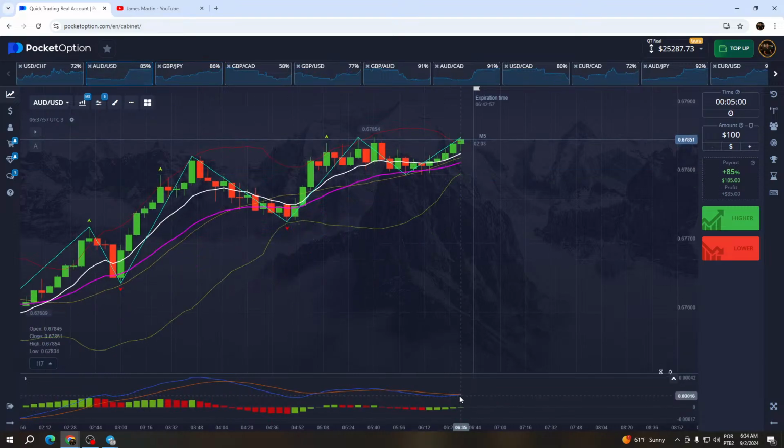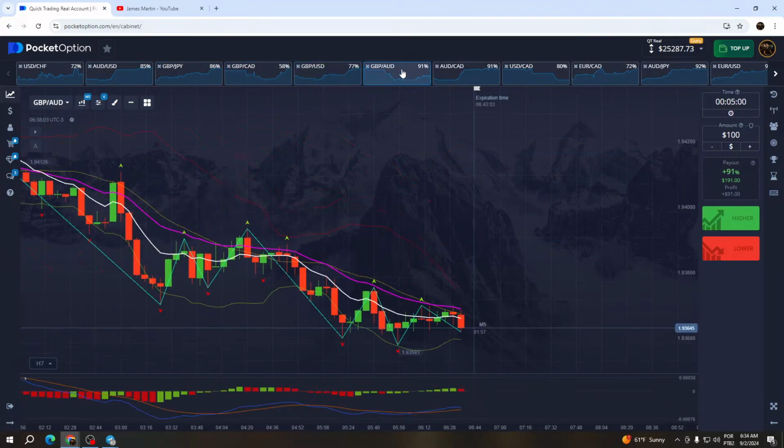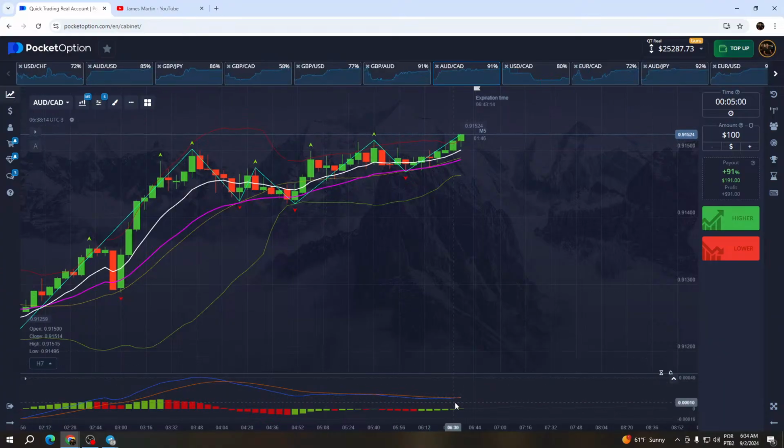When you see the MACD crossing line, you can use that as a trigger for the next. Look at that. Right now it's 6:38. If you wait for this one and you start to see the blue line passing through my origin line, you just click on the higher button.